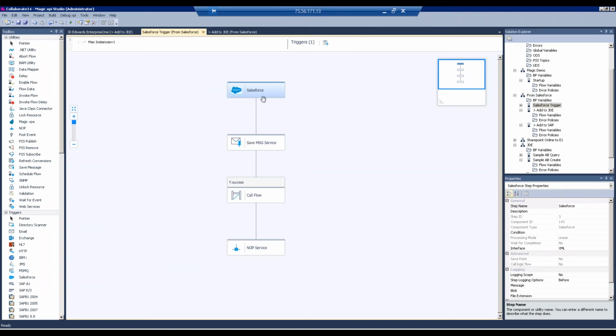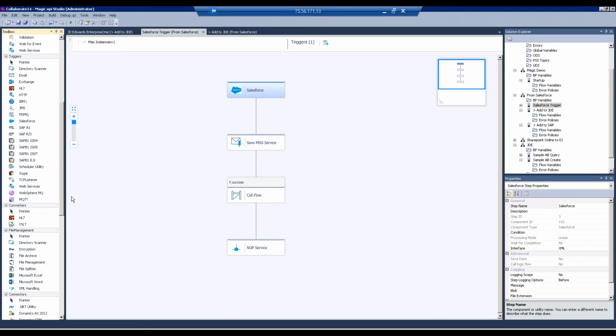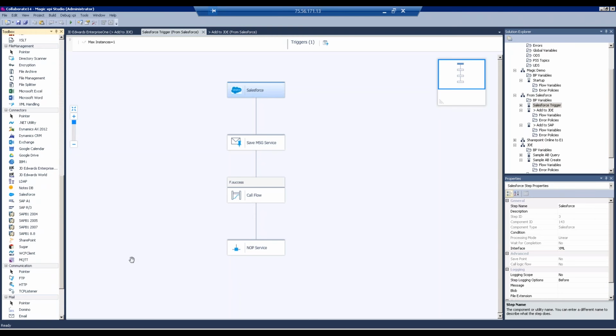So in this example, I also have another flow that goes to SAP, and as you can see in this demo, I have one flow here that's going to JD Edwards Enterprise One and one that's going to JD Edwards World. That's really to illustrate that once we have the data, we can send it to multiple places. I know today we're talking about Salesforce to ERP, but we could, if you wanted to, implement multiple